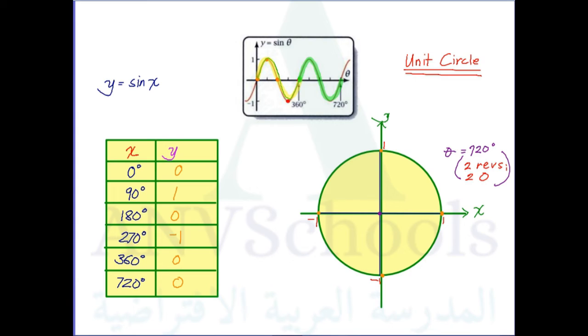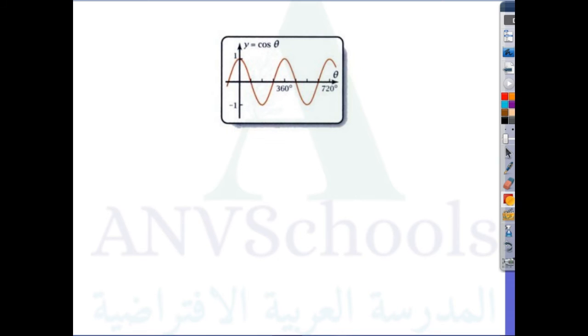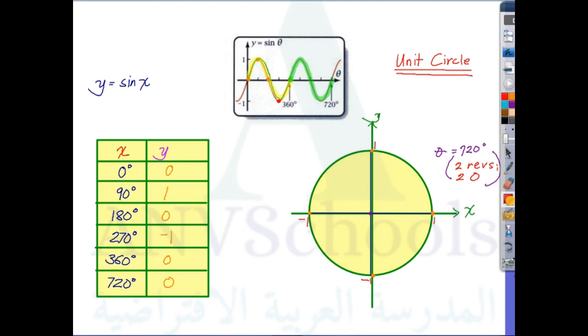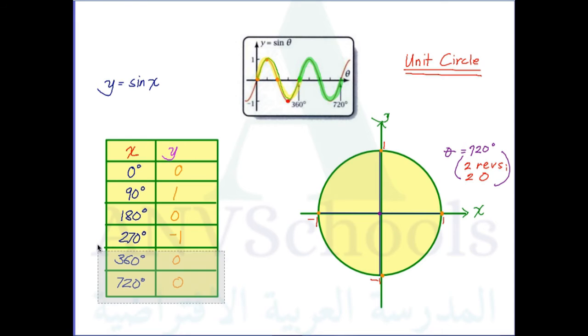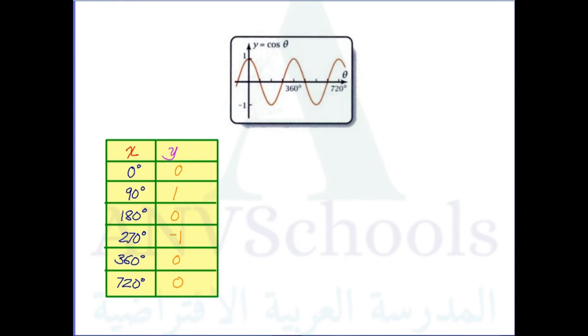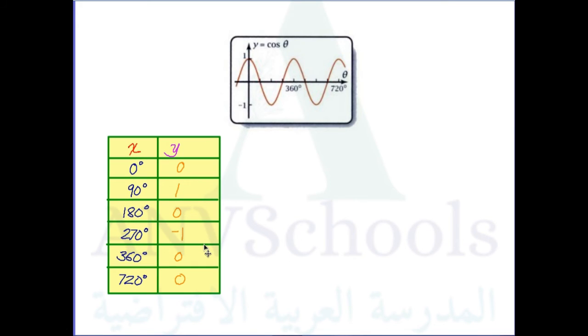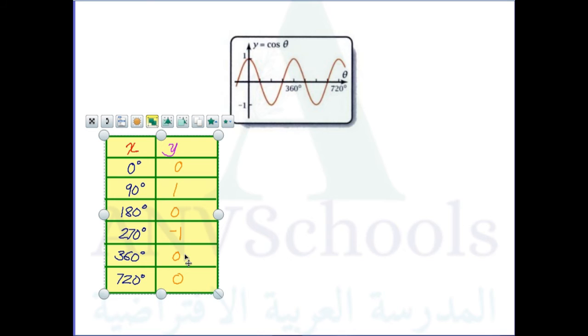So let's go to the cosine. This is the cosine theta. Now let's create another table for cosine theta. And let's say we'll just copy from here. All we need to do is change the